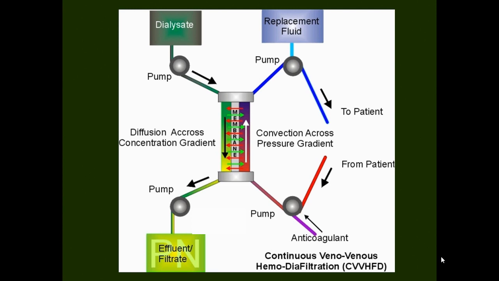What is the dose for CRRT? This is a very common question in viva. What is the dose of CRRT that we are targeting? 20 to 25, not 25 to 30, right? ml per kg per hour. And everything gets added to calculate the effluent dose: your replacement, your dialysate, ultrafiltration. When you add everything up, you have your effluent dose.